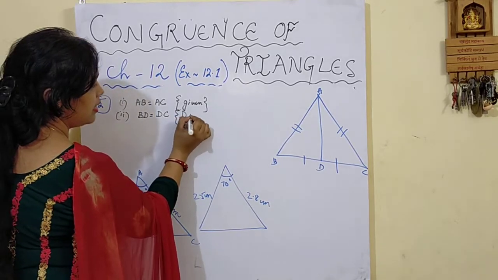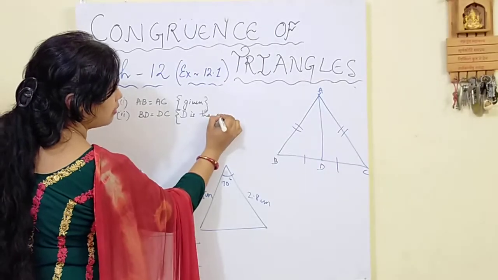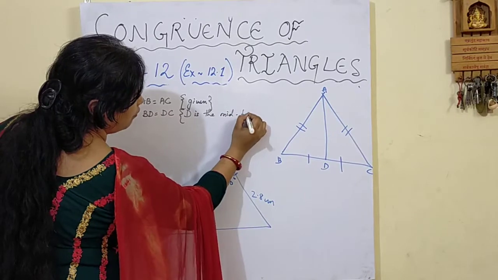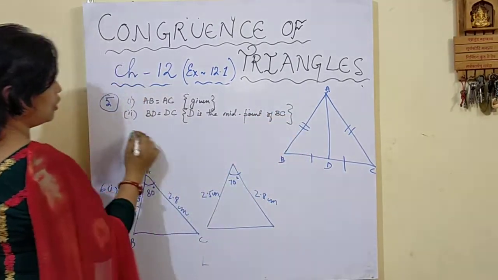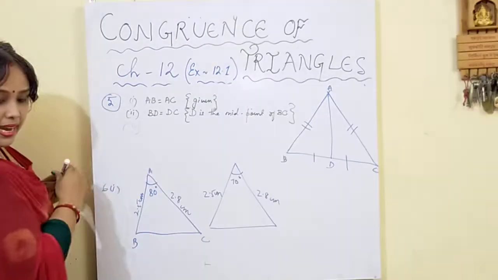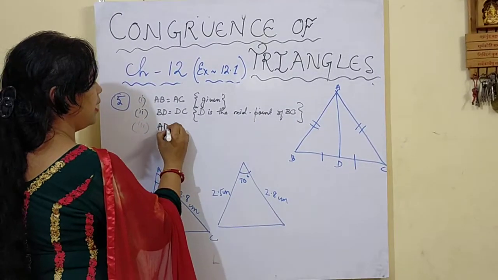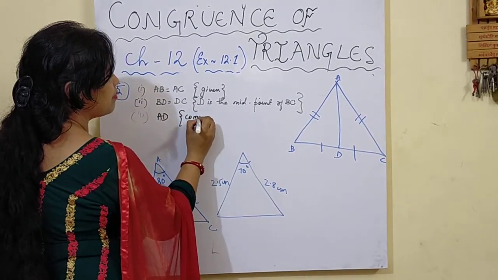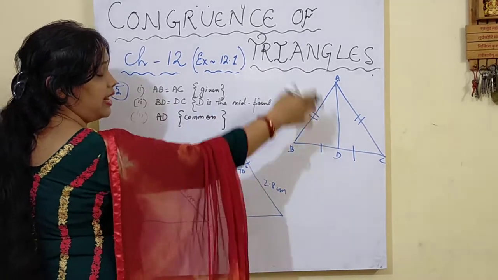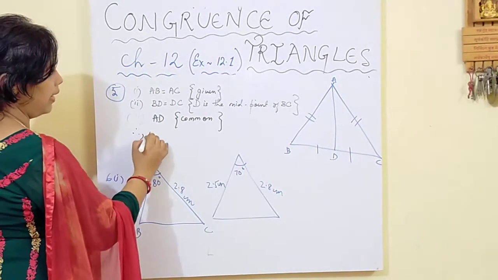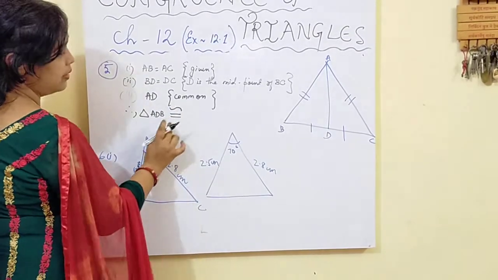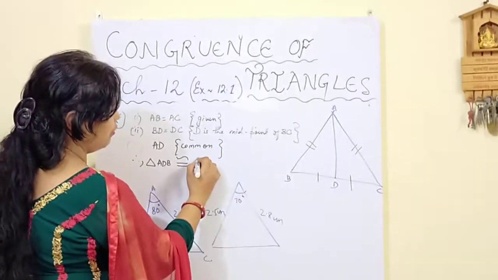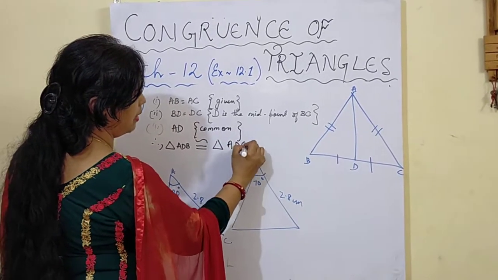Reason: D is the midpoint of BC. Also number 3, AD is common. AD common. You can very well see that AD is common. Therefore, triangle ADB is congruent, this is the congruency sign, to triangle ADC by